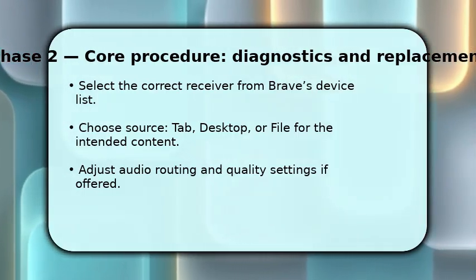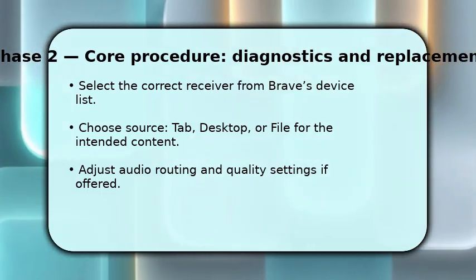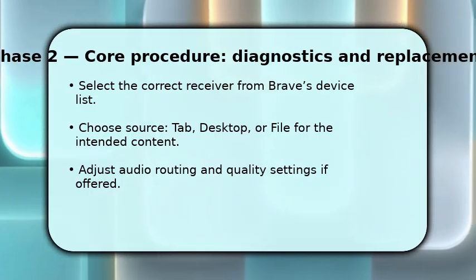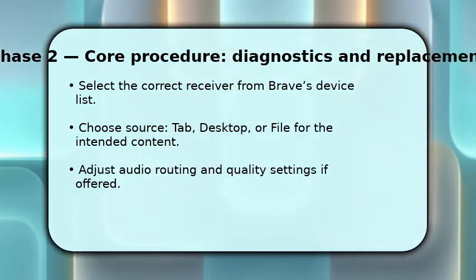Make sure audio routing is set as you want. Some receivers offer stereo versus surround options. If quality controls appear, choose a higher bitrate for video, but reduce it if the network is unstable, to prevent